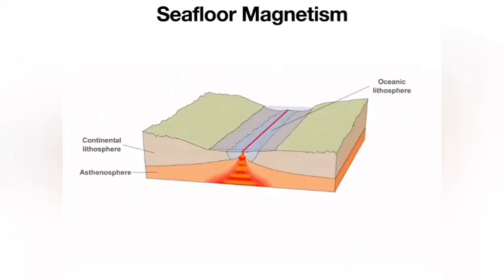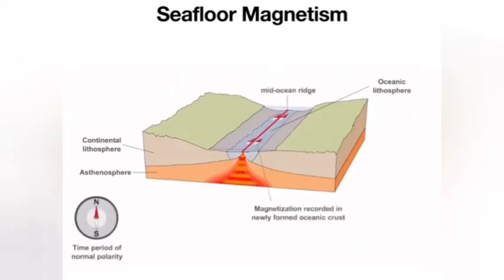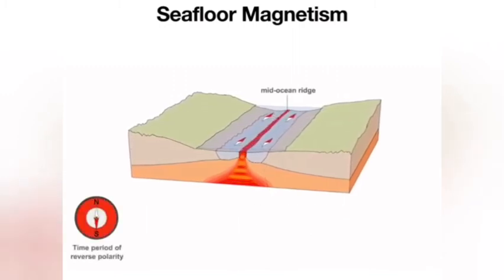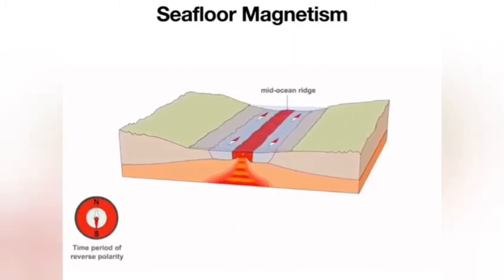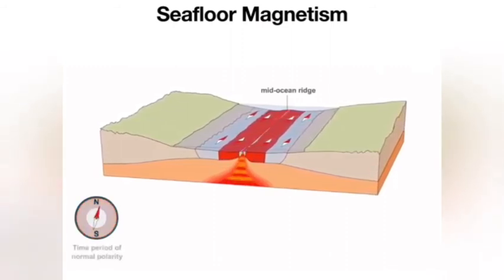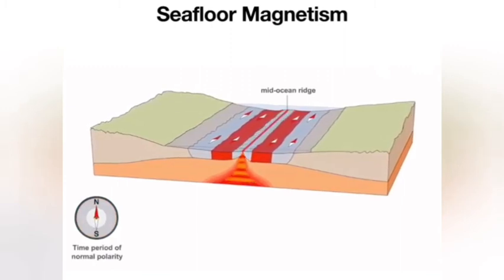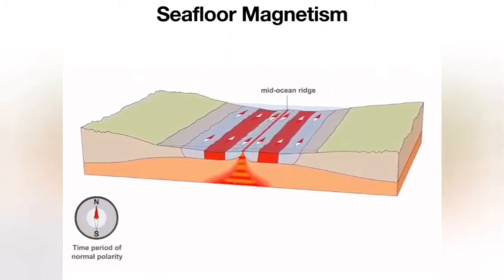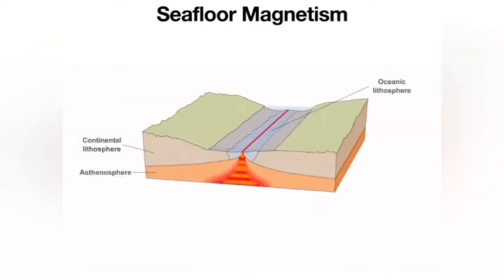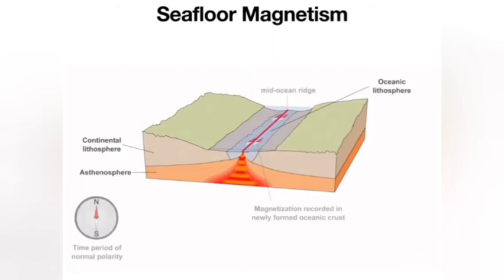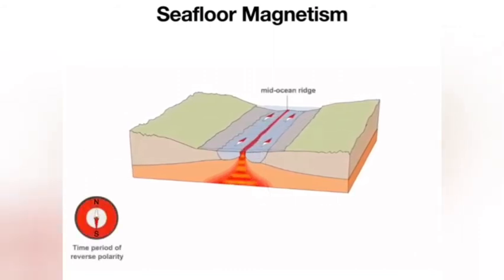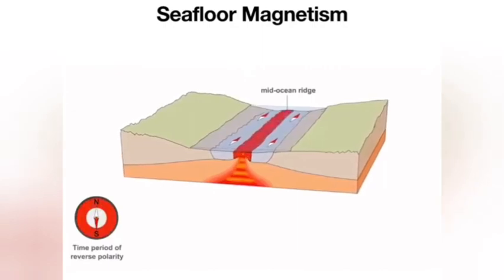Now, here's the trickier thing. This rock, when it forms, it actually records the Earth's magnetism. If you recall, we talked about how the Earth is like a giant magnet. But that magnetism changes every so often, and so those changes are recorded in the rock. What we see in the rock on either side of a mid-ocean ridge are these alternating bands of magnetism which match up on either side. And that's an important observation because it proves that the rock is actually spreading apart, and it proves that the divergence is actually taking place.